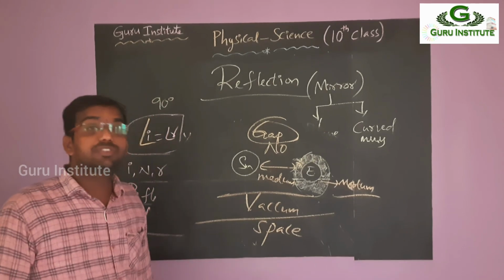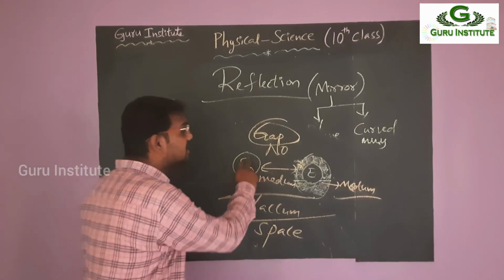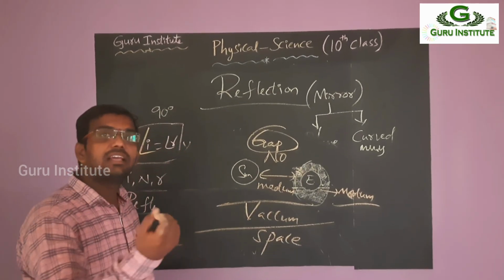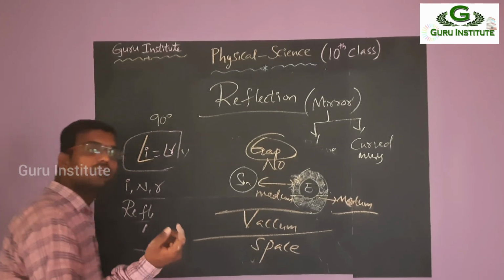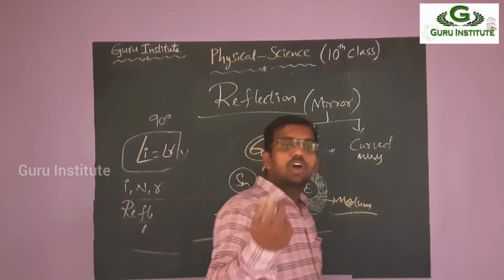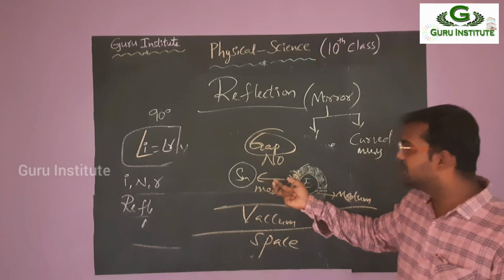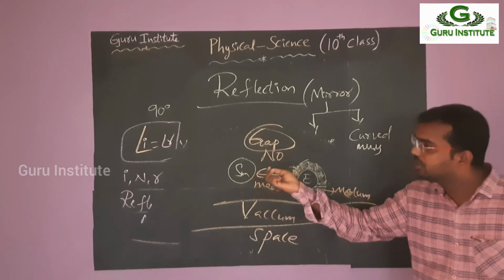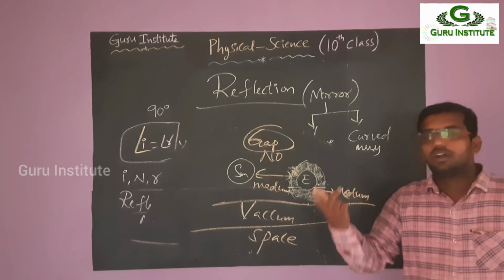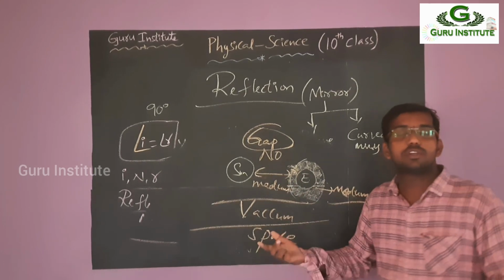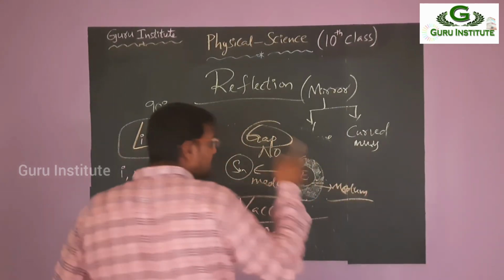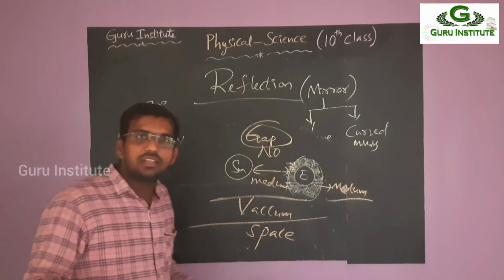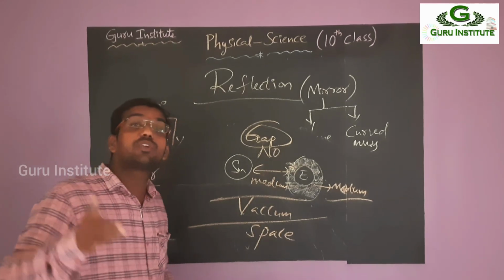Okay, but in case of sun, already you know that it is a burning star. Daily, second by second, what happens? In the sun, blastings take place. Due to those blastings, what will happen? So nuclear fission blastings are there. So automatically, what will happen, Anand? A very large amount of sound noise will be there. But can we listen to any sound here on the earth? No. Why? Because sound requires the medium.